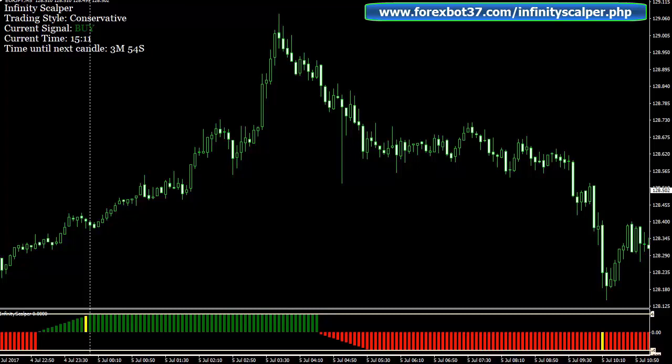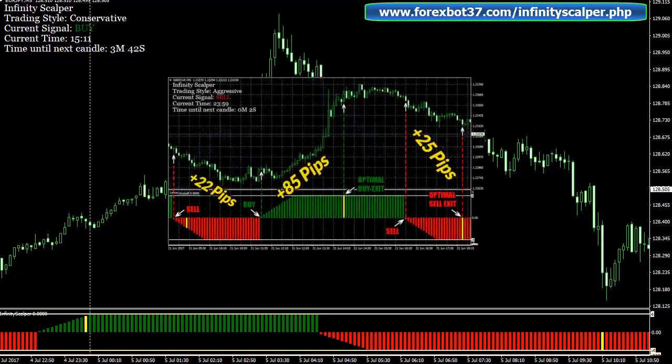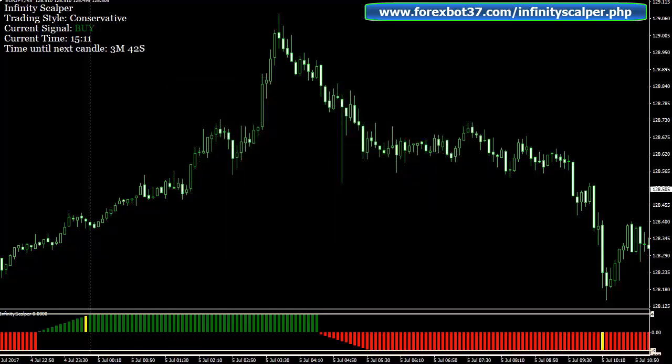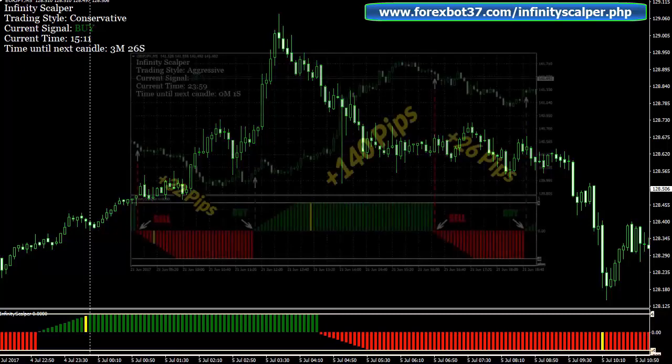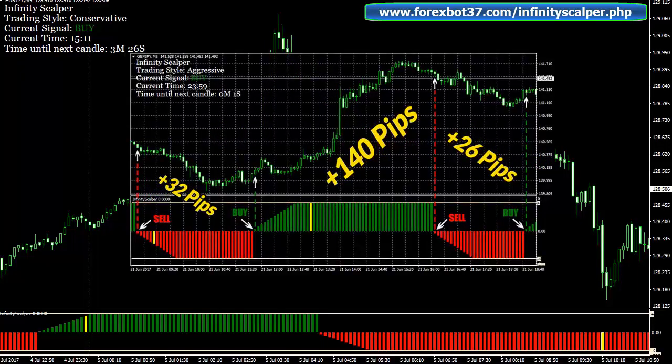Infinity Scalper. Why? Well, number one, a lot of people like to scalp. They see the potential in getting into those momentum moves in the markets and getting out of those momentum moves with some pretty hefty pips in a short amount of time. And that's what scalping is all about. Who wants to day trade? Seriously, who wants to sit in front of their computer every single day for 8 hours a day and stare at this? Not me. And that's why Infinity Scalper is fantastic, because you're looking at trading only the more volatile